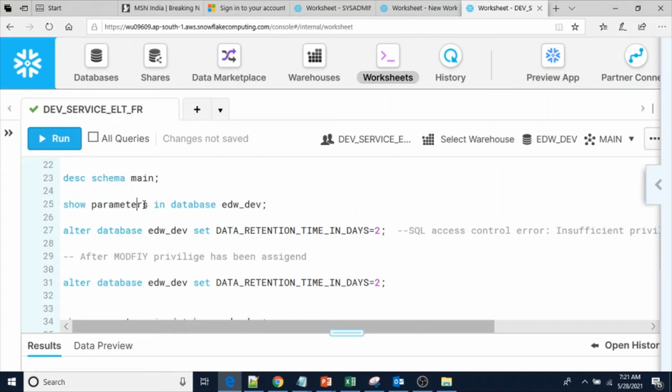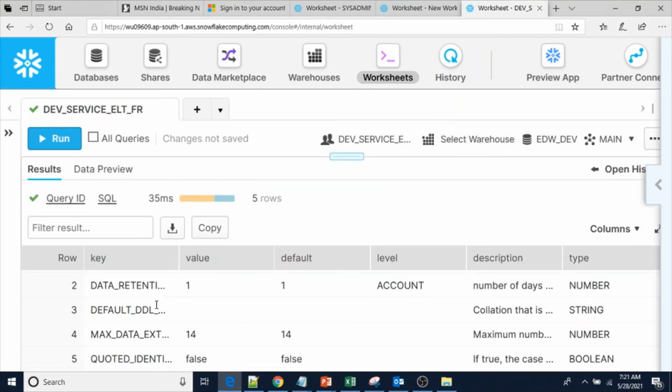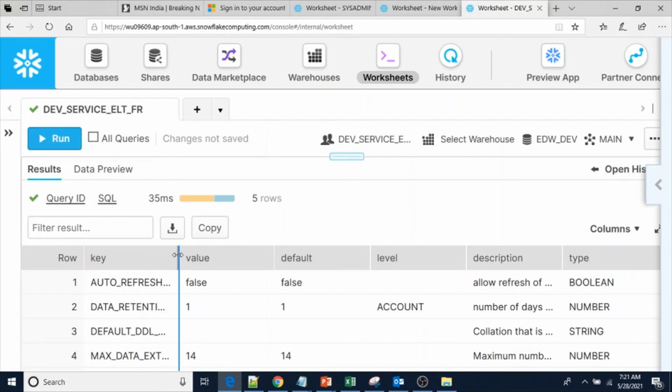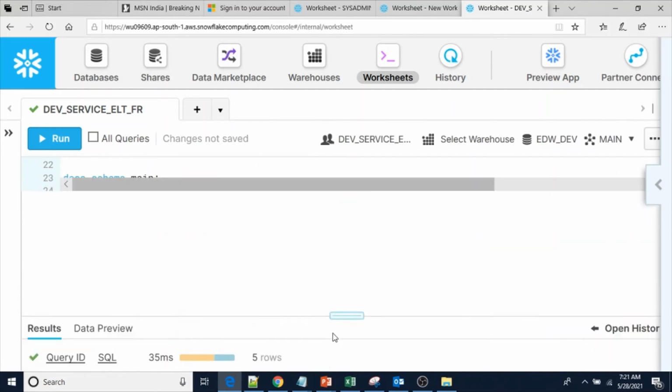Before that, what are all the parameters related to this database? Here if you see, there are a few properties. Comments also are there, you can update the comments, these are extra properties. So you can change these properties also.